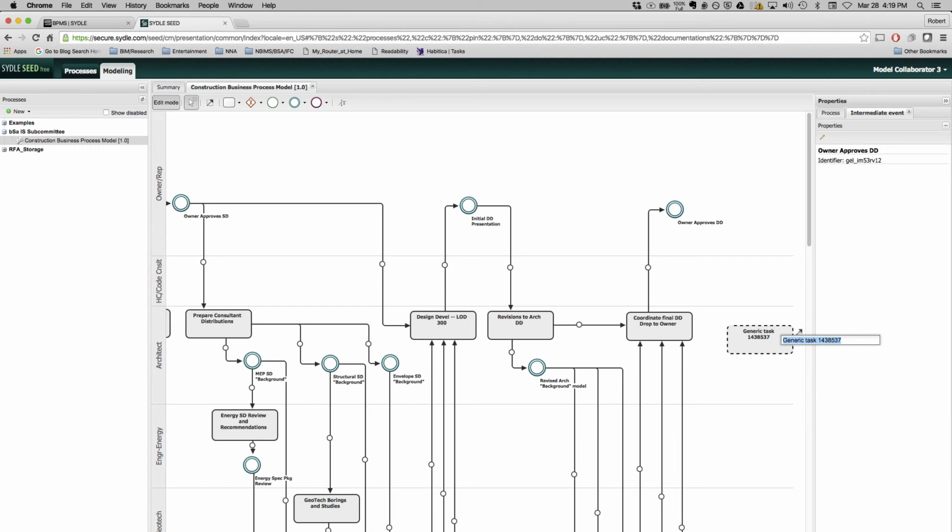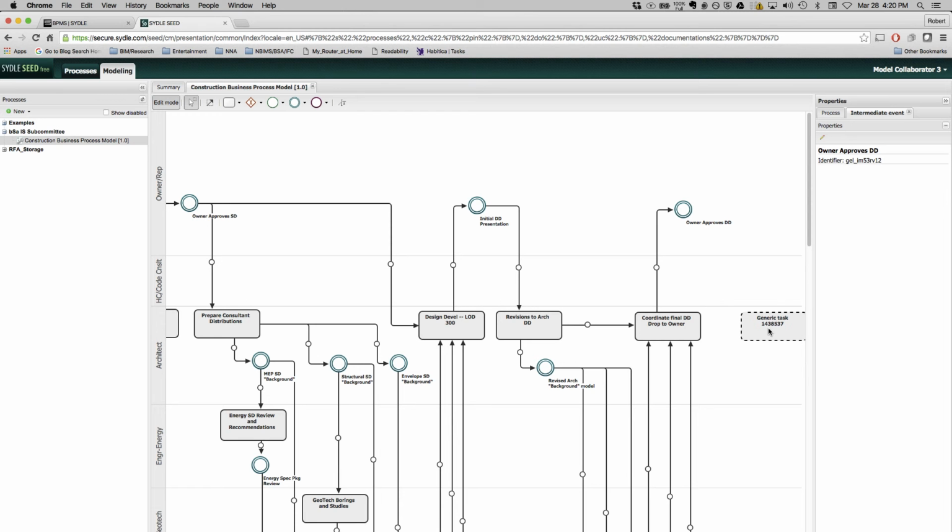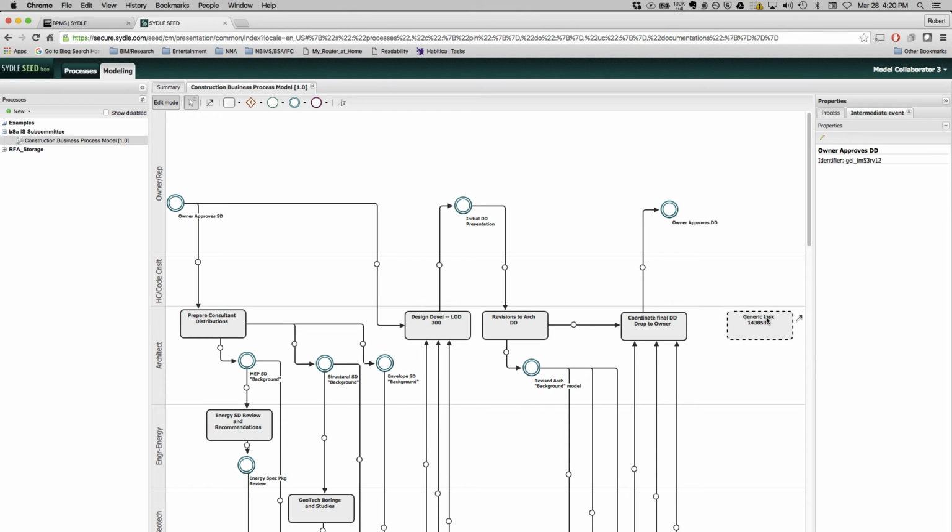As I place things on the canvas, so to speak, more space is afforded me to play with. So here's a generic task, and I want to actually give it a name. So let me note what happened there. I just selected that generic task and then right-clicked on it, and I have all these different possibilities. And not all of which, frankly, I'll be honest with you, I've explored, but I'm just going to use the rename tool,